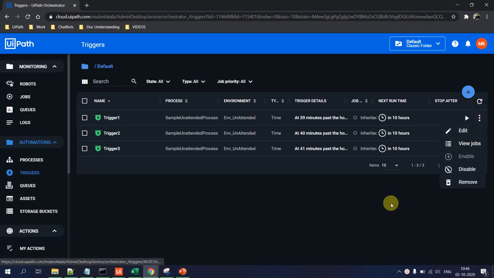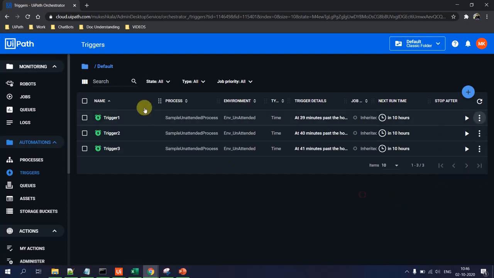So when we use specific robots, then we have to take care of the scenarios of what happens if such a thing occurs, right? So apart from this, we have different triggers called allocate dynamically, then we have queue triggers. We'll discuss that in a later part of the video. So that's it for this video.